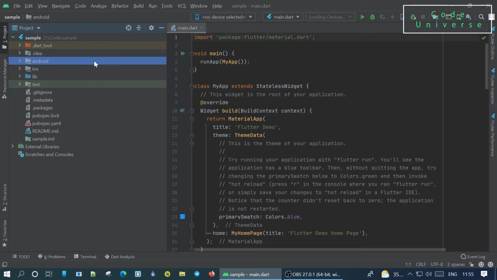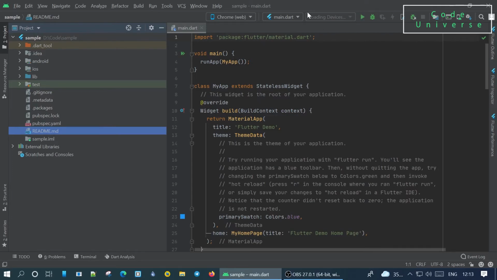So whenever you create a new project in Flutter, by default it creates a counter app in order to tell the user how to use Dart and Flutter. Now we'll try to run this Flutter app. So if you want to run your Flutter app in an Android or iOS emulator, you have to configure an emulator here, or you can connect your external phone to your system and then try to run your application in your phone, or else we can try to run our application in the web browser.